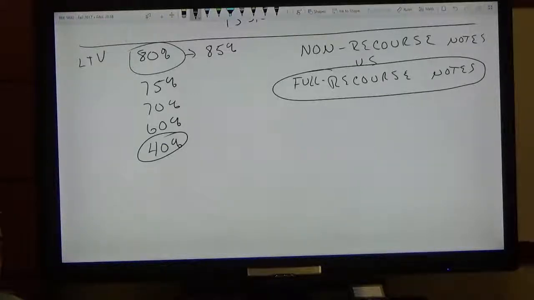But the point is simply that the loan to value is not fixed from one lender to the next. You literally can go from this lender that's located here to this lender that's located over here and get two different loan to value ratios. And also, another thing to put in the back of your mind is,